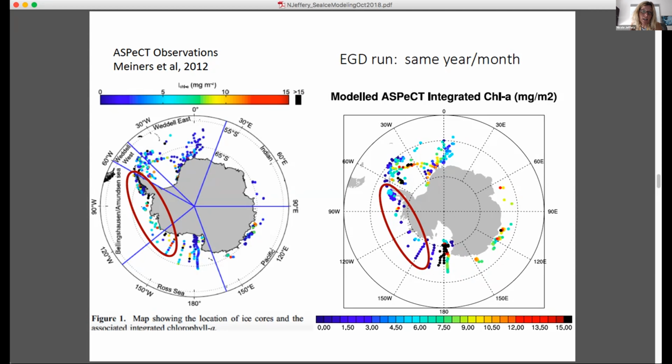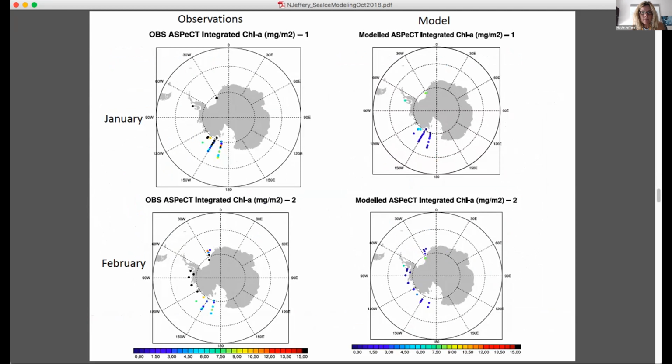There's a lot of dark and red that were measured, and we hardly get any of those. If you look at the data now in terms of month, you can see that in the austral summer, January and February, we're not doing a very good job. This is where you get a lot of these high chlorophyll values in the observations, but we're not seeing them at all in the model.